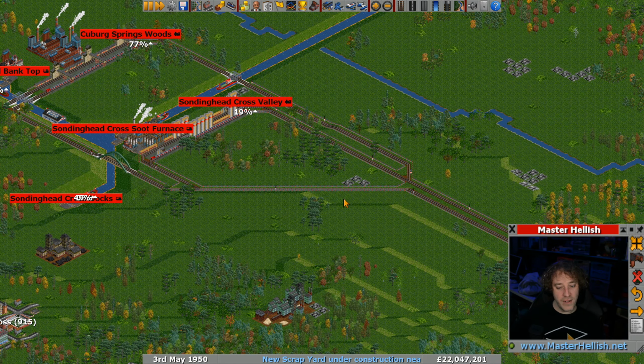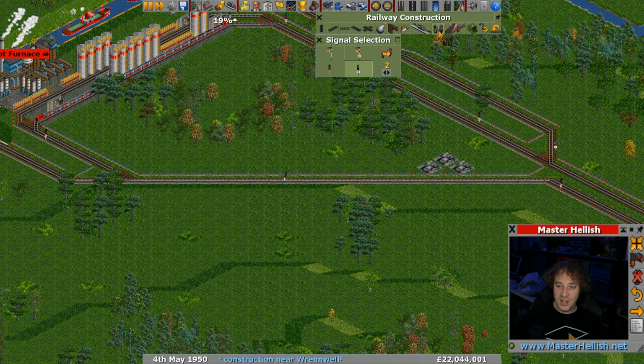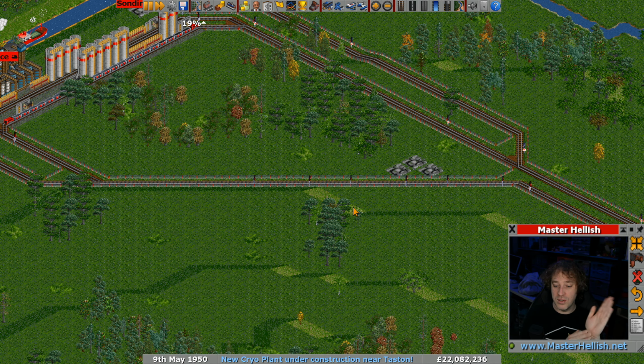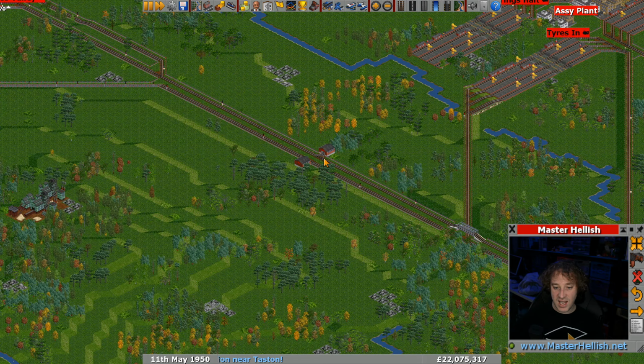Signal spacing's a bit far apart, Brandon, actually. I would highly recommend changing your signal spacing down to a lower number. We're not playing with infrastructure maintenance turned on, so more signals down a piece of track means that the trains can travel closer together and your lines have better throughput. So that's really, I mean, you've got